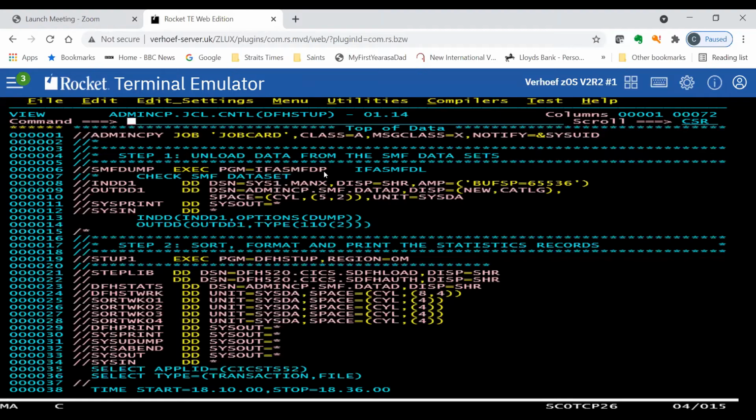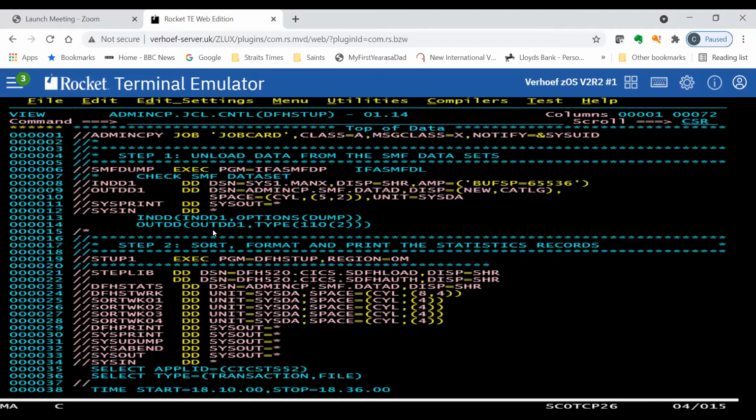If you've converted your SMF to log streams, then you need IFASMFDL. So depending on which SMF data set you're using, or the structure of it, will be the one that you'll use here. And then you just say options dump.